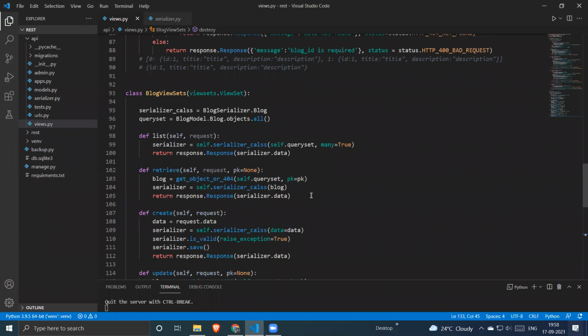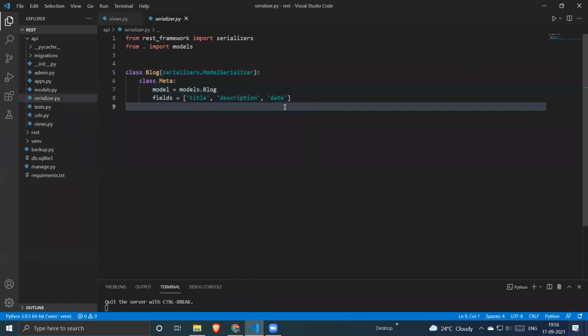Okay, I have one question, Roshan. We are going to define a model serializer for the model view set. Basically, we are going to create a field list which is present in our model file or in the model class. So how is it different between the API view and the API model view set?